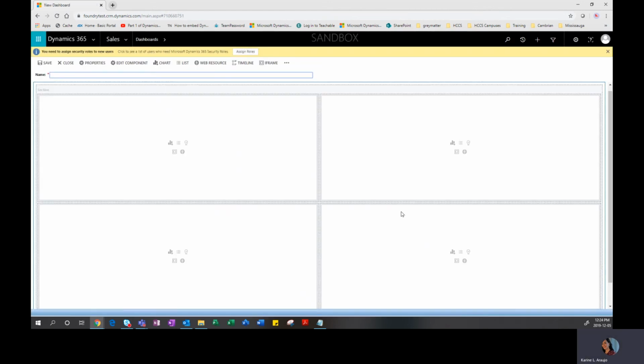Fantastic. So now what it's going to do, it's going to bring you to this view where it's going to give you the ability to create your own dashboard. So the first thing you want to do is name your dashboard. So I'm going to call it demo so that we can see the different dashboards that we have created in the past and the one that we're creating. Perfect. So the first thing I want to work on is into this first